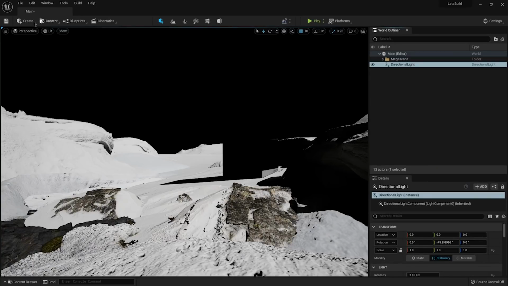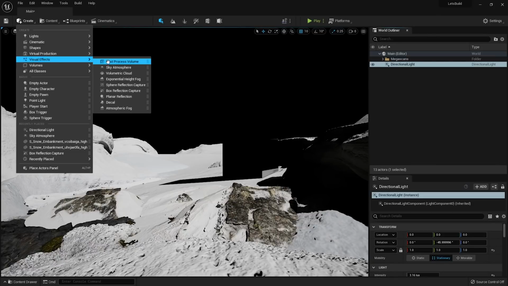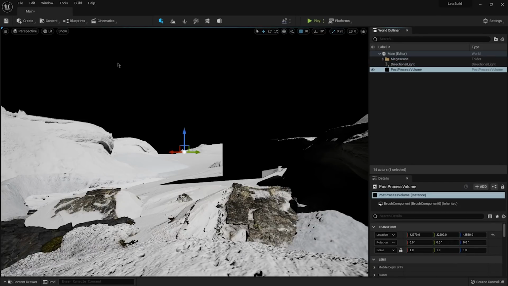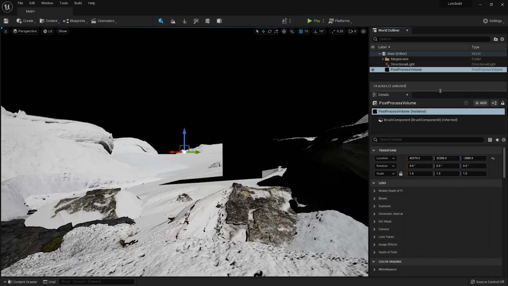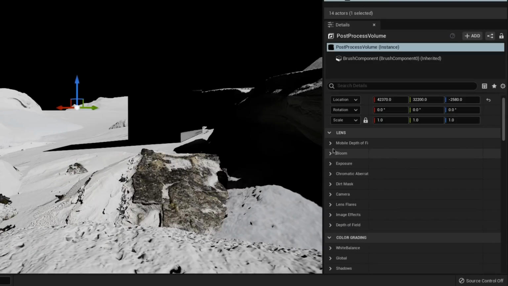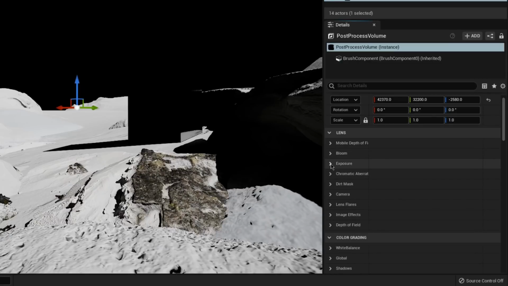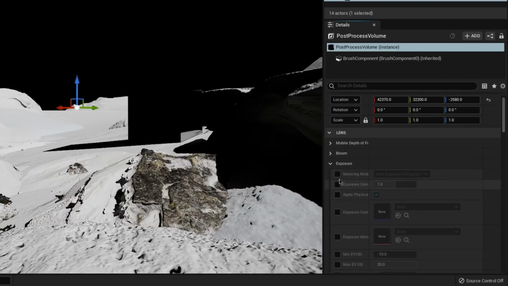So I'm going to come up here to my left-hand side where it says create. I'm going to come down to visual effects and I'm going to add a post-process volume. And what this is going to allow us to do is dial in some of our lighting settings here. So if I bring up my details panel here again, if I come down here under bloom, I'm going to turn on my method here in intensity, which I'll show you some examples of later once we have everything dialed in. But I'm going to scroll this up, come down to exposure,